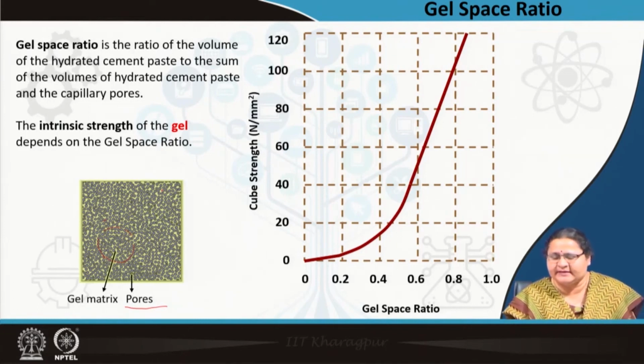Here you can see the graph, and here is the compressive strength in Newton per millimeter square. It starts from a decent amount, from a gel space ratio of 6 when it is 40 Newton per millimeter square, and it goes higher when you end up with a minimum of